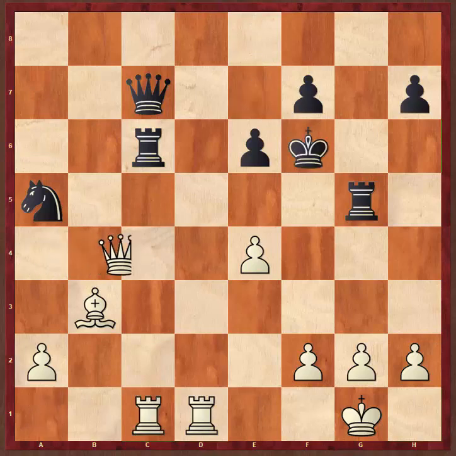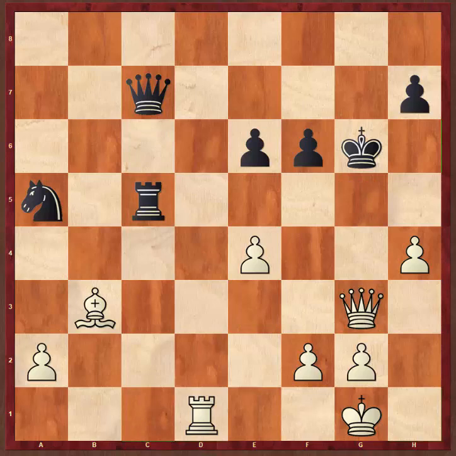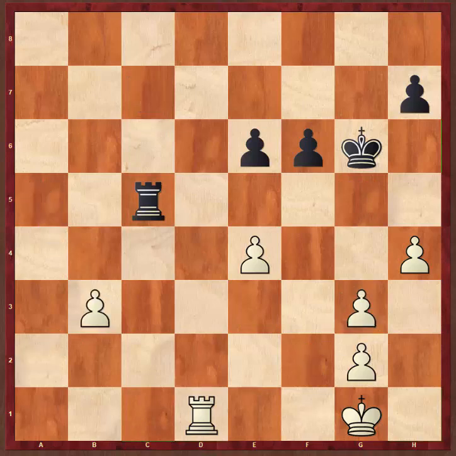I'm just zooming ahead a little bit. Now, at this point, you're very low on time, so I'm not going to criticize or look at this too much. Queen g3 would have been a great idea, except after the exchange of queens, it's probably a drawn rook endgame. Here, though, well, I guess it doesn't really matter because